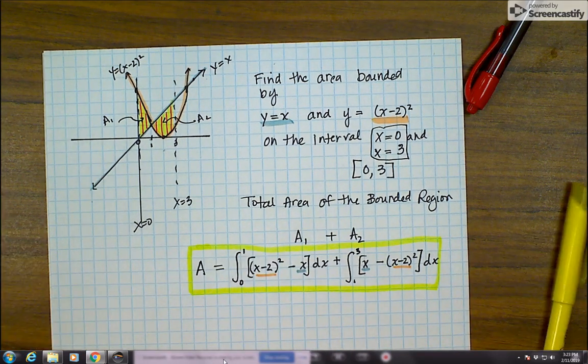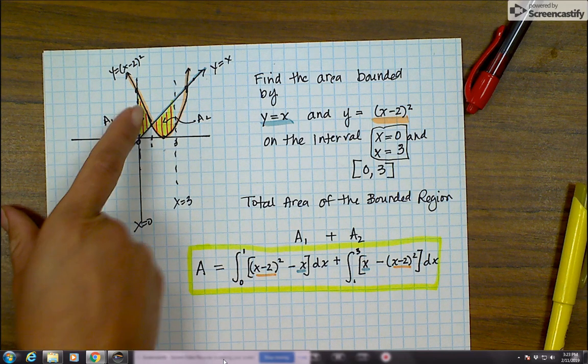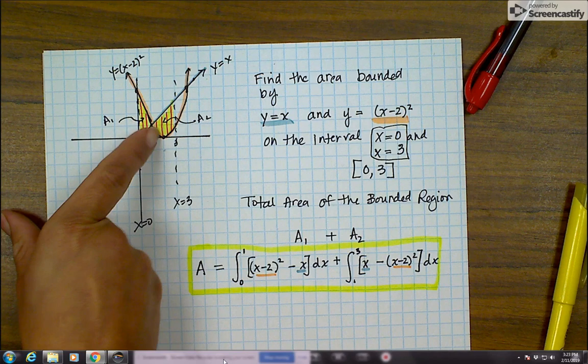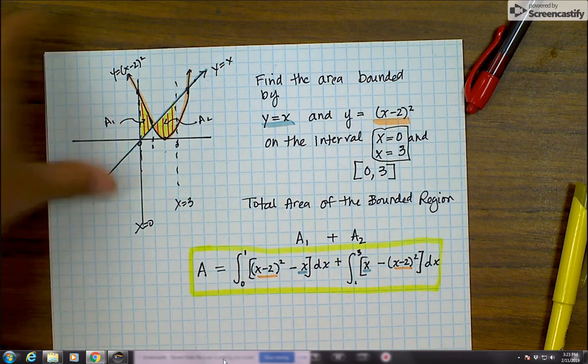So you have to pay attention. Just make sure that when it crosses a point of intersection, check to see if the upper and lower functions ended up switching. Okay? Now, the next